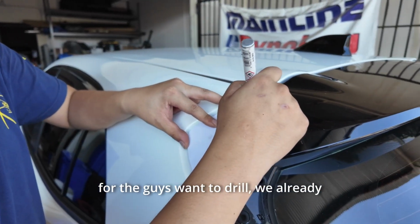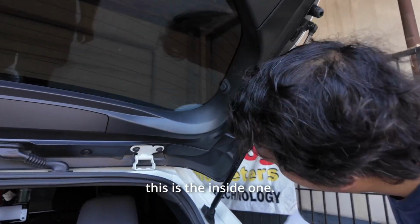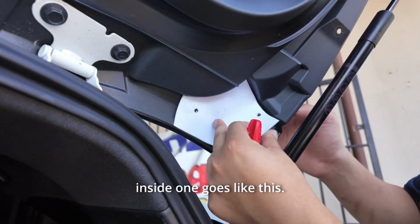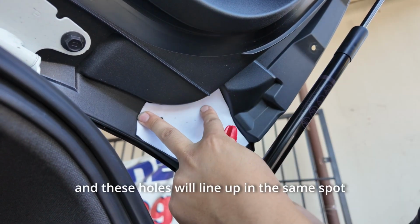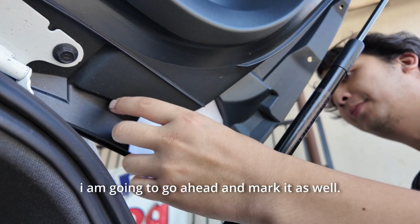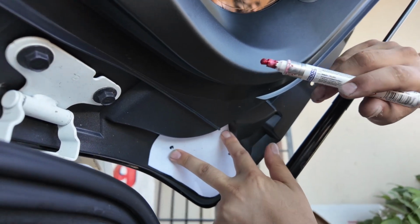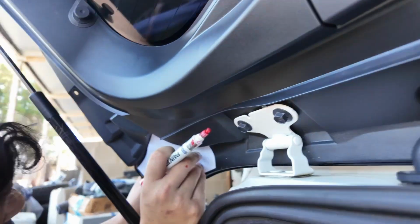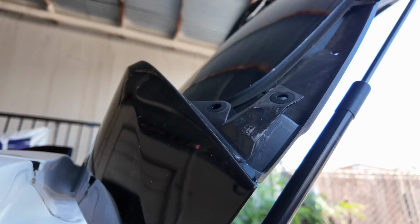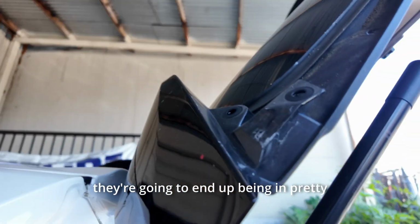For the guys who want to drill, we already have the wing on the car and they don't want to take the wing off. This is the inside one. So the inside one goes like this. And these holes will line up in the same spot. I'm gonna go ahead and mark it as well. And what you're gonna see is if you look at both sides, they're gonna end up being in pretty similar